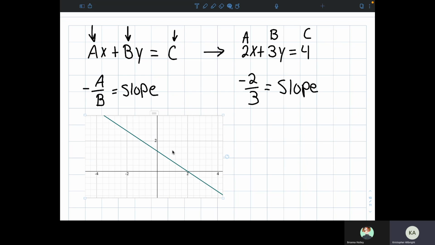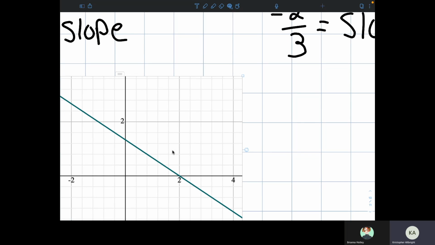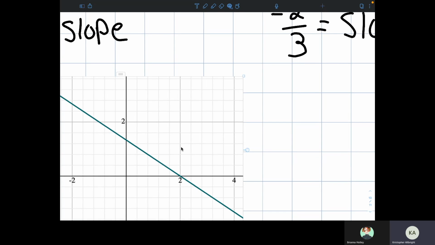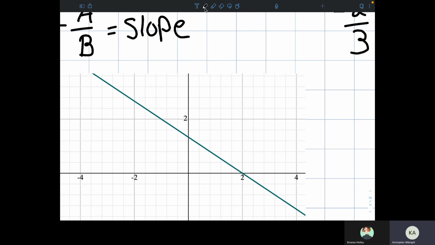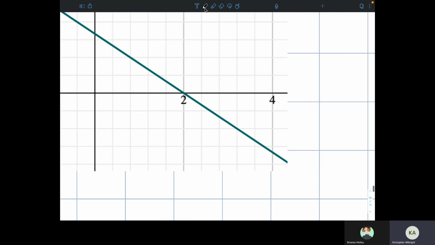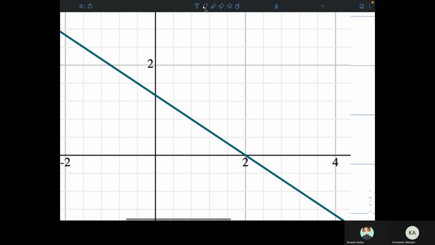So if we're trying to identify the slope for this, we're just going to verify that the slope's right. So we're going to rise 2. So this is about 1 right here. It's halfway between 0 and 2, somewhere around right there. And same thing going this way, somewhere around right there. So if we go up,